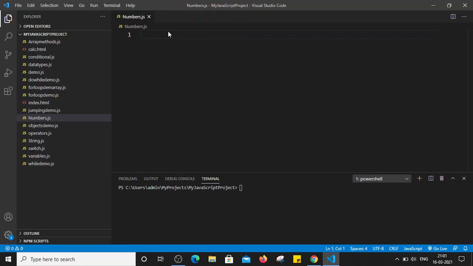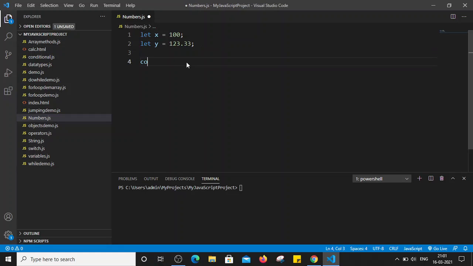Right. So in JavaScript, numbers are basically treated as an object and it represents numeric values, and it can contain decimal or float values or integer values as well. Now we can simply declare the number like this. So let x is equal to 100, let y is equal to, let's give some floating value, for example 123.33.